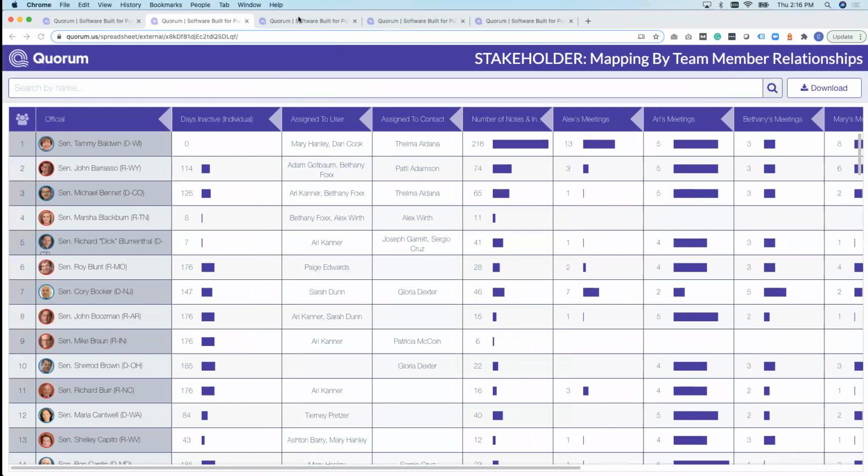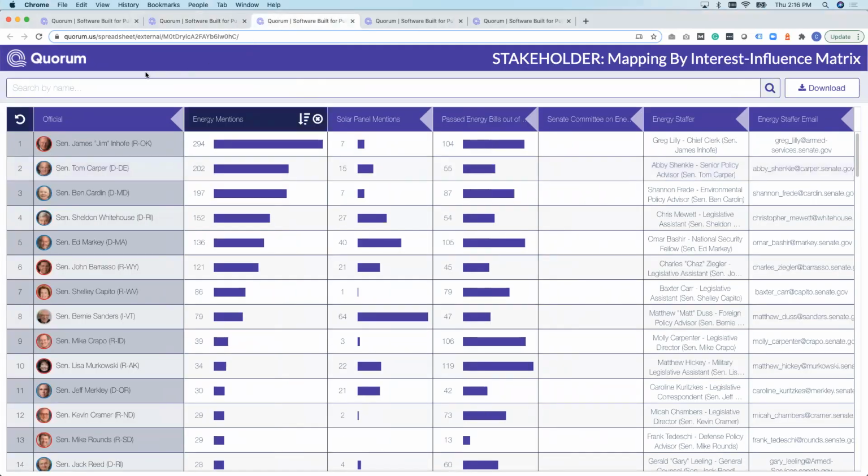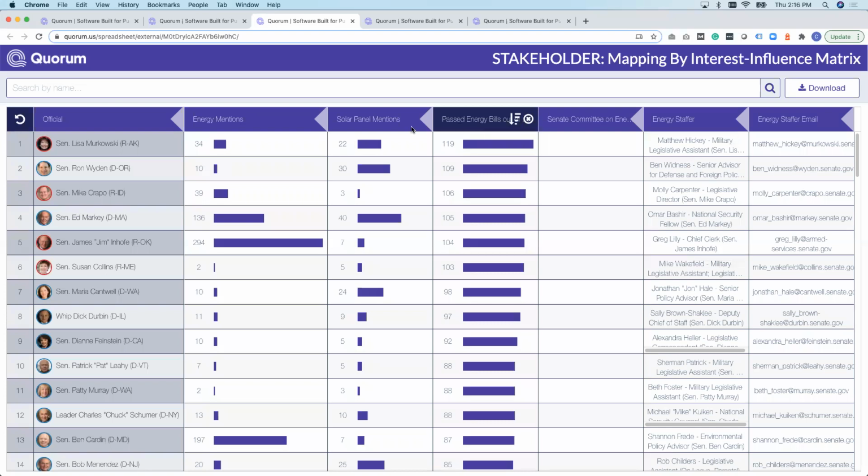So there's a few different ways that you can determine a stakeholder's interest and influence, and we can pull the sheet up here. First, you can use a qualitative system based on your team's interactions and prior knowledge with those stakeholders to just say that this is a mover and shaker on a particular topic. Or you can take a quantitative approach using data points like their legislative activity and the dialogue that they are putting out in our documents data set. And so your interest score could be based on the number of times that they've talked about an issue in documents, such as social media or press releases and floor statements. And then that influence score could be based on the number of bills they've passed out of committee, for example,